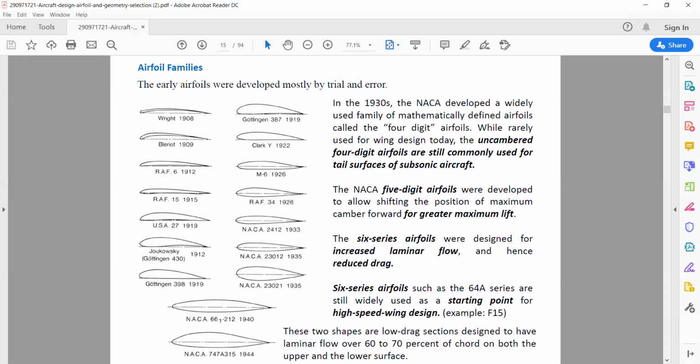You can see these things here, in NACA 0042 or so. I'll show you an example to understand it. For example, NACA 0012, NACA 4312. So what does this 00 represent? I will discuss it. They are called symmetric airfoils and cambered airfoils. How are we going to name them? First, understand how many digits it has: 4-digit airfoil, 5-digit airfoil, 6 series airfoils. And 6 series airfoils we use for high-speed wing design.